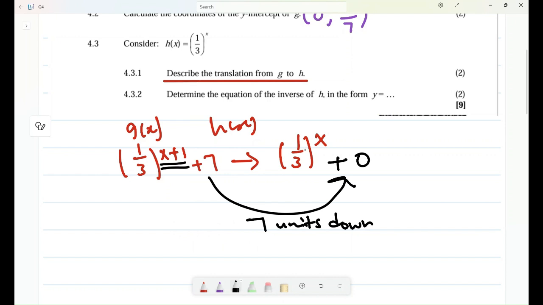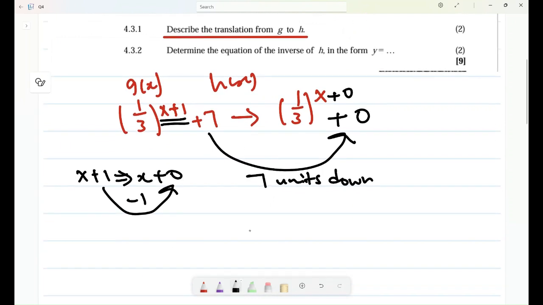All right, let's see here. Look, here it is x plus 1, here it is x plus 0. So how do I move from x plus 1 to x plus 0? You agree that we subtracted 1, right? But remember, when we deal with x, when you minus, it means you're moving towards the... Okay, let me explain it like this. Remember, in our grade 11 functions and grade 12 functions, when I have x plus 1, it tells me my graph